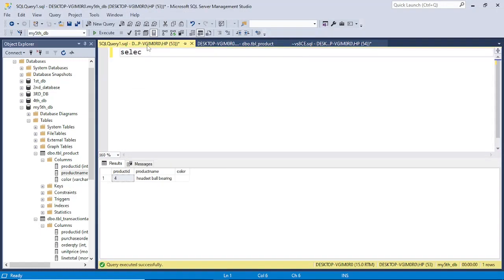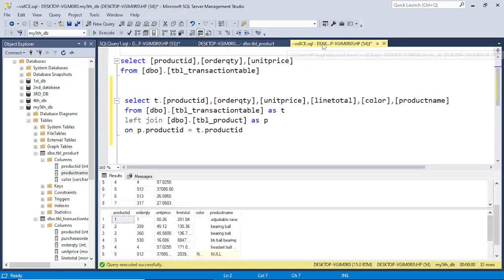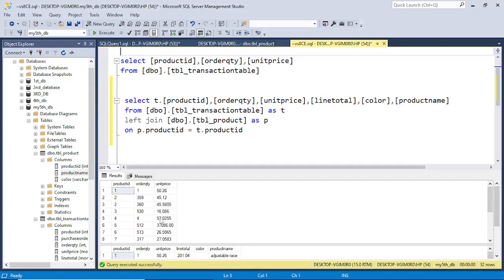Select star from, I think I'm going to use a transaction table. So sorry. Select star from transaction table, where. Let me look at the transaction factors of this. Okay, where order quantity